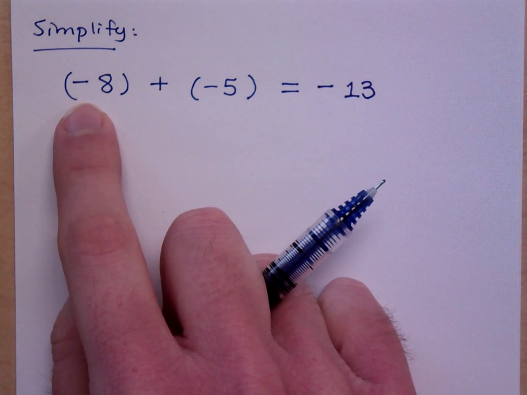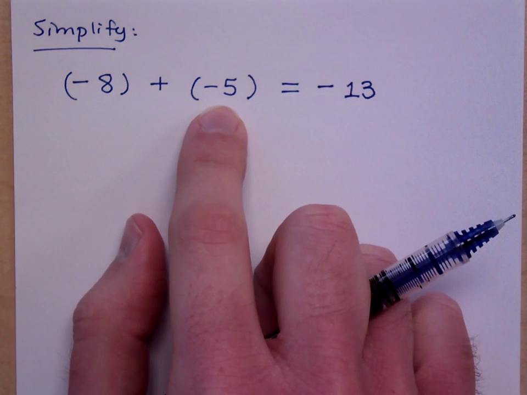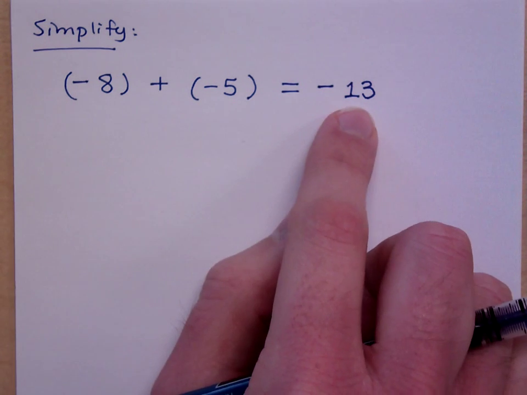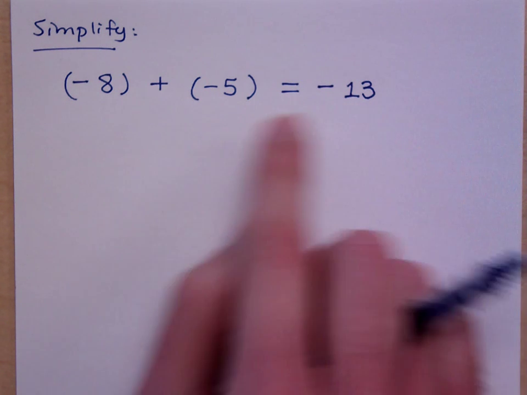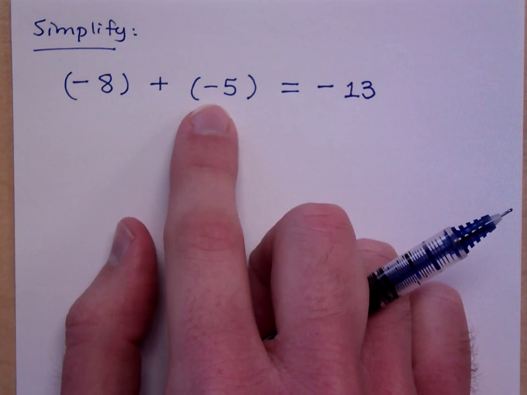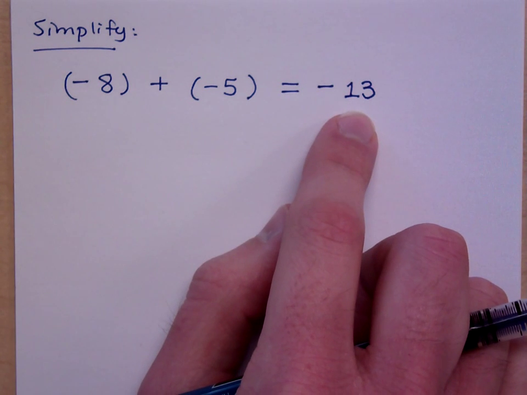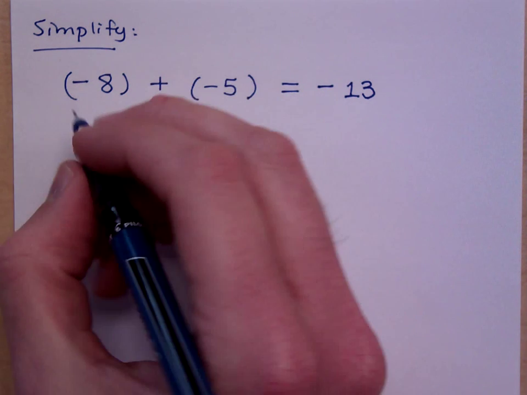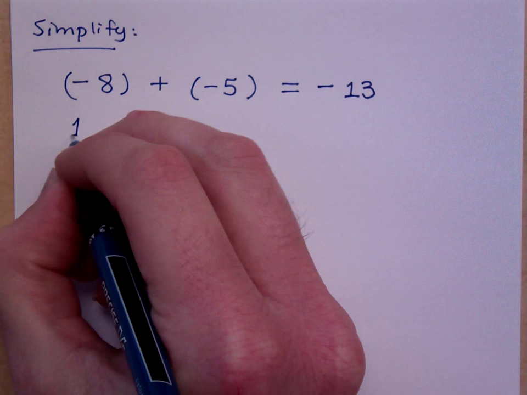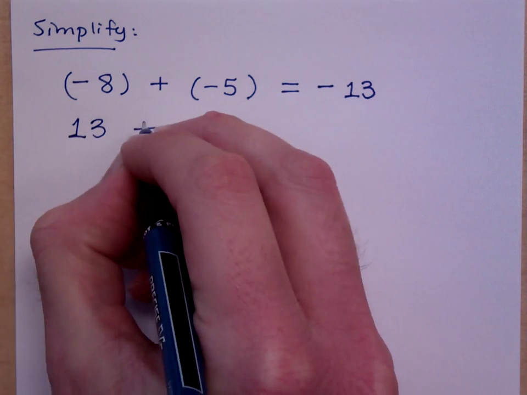Find something that makes sense to you. If you lose 8 pounds and then you lose 5 pounds, what have you done? You've lost 13 pounds, right? If I spend $8 and then I spend $5, I've spent $13. Much the same way I could take 13 plus